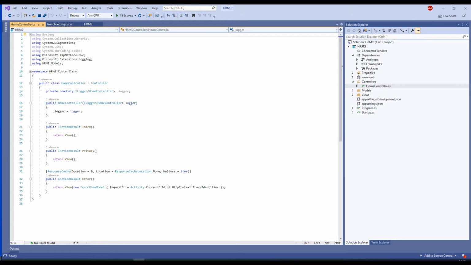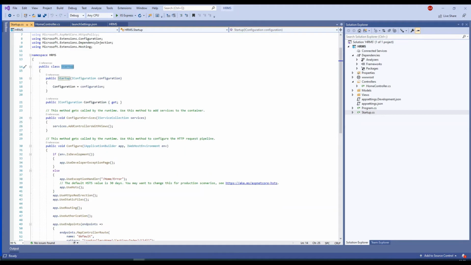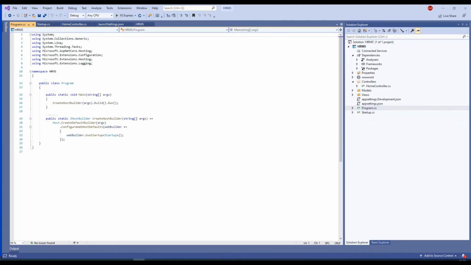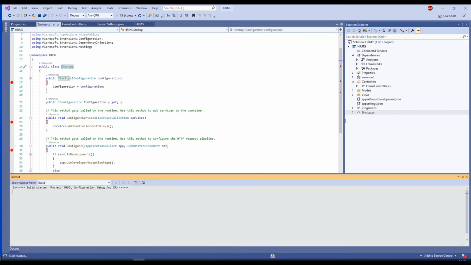Each and every project has a startup. Here is Startup.cs. Let's not just believe me; we will run the project and see where the code starts. I am putting a breakpoint in the ConfigureServices method of Startup, and in Configure. Let's run this. I'm running it. Let it build.